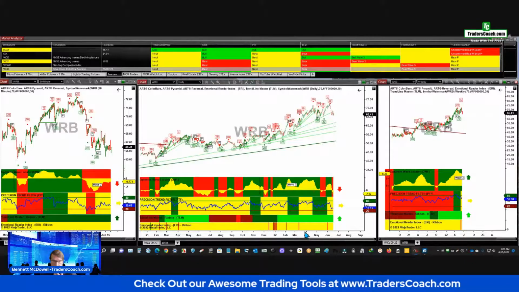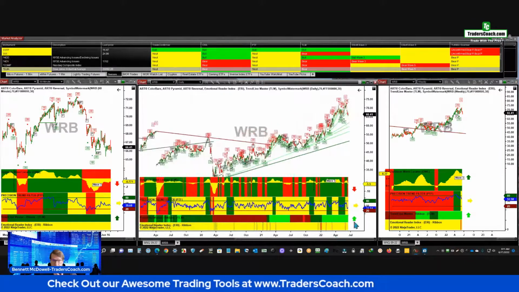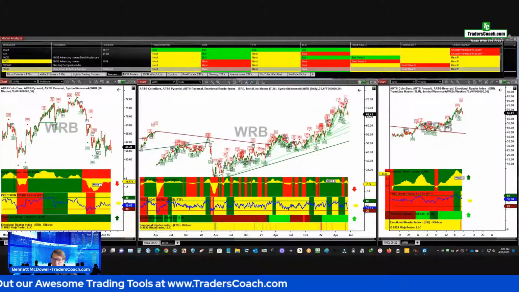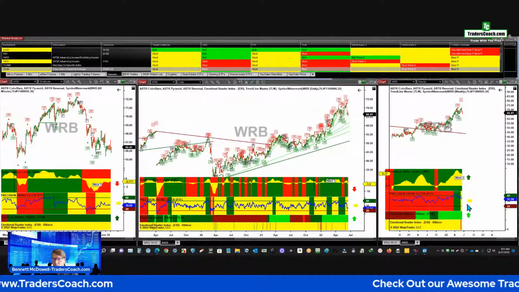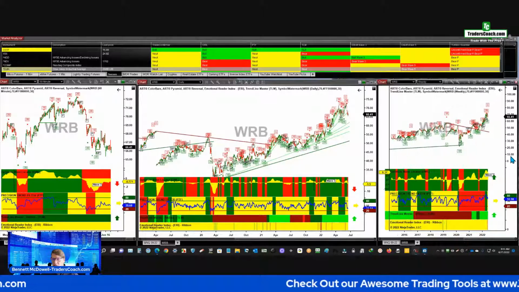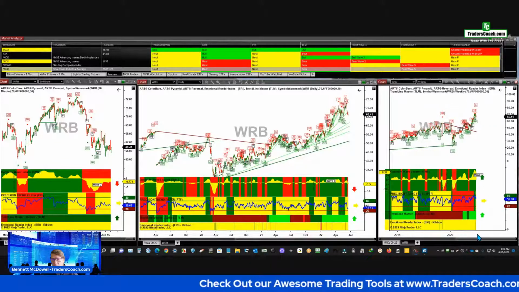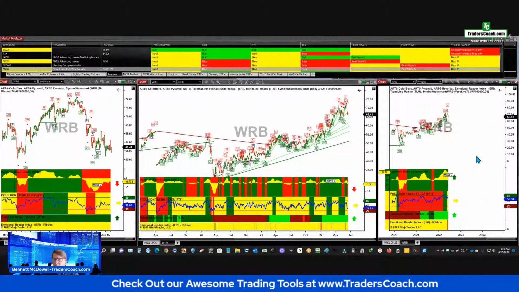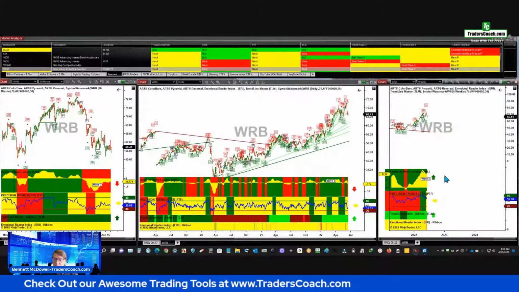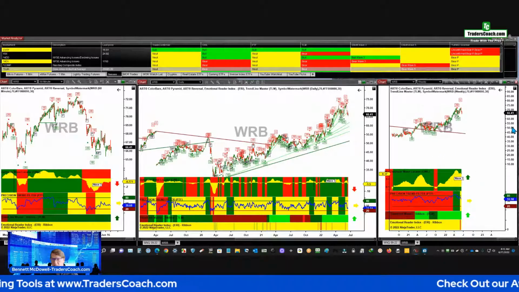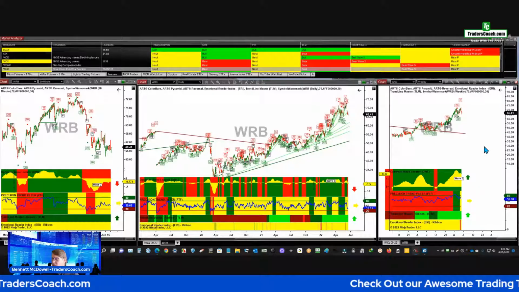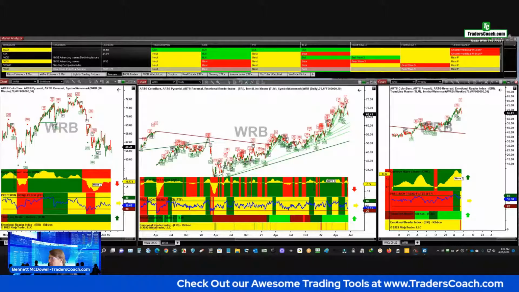It's probably going to go into a correction, but then also look how powerful this owl is here. So I think probably what you're going to have is a pullback at some point, just like on the Dow, and then it's going to go back up. But I think it's going to be a long time once this correction is done for it to do that. So I kind of think get out of long positions at this point, wait it out, wait for the correction, and then take a look to get back in.